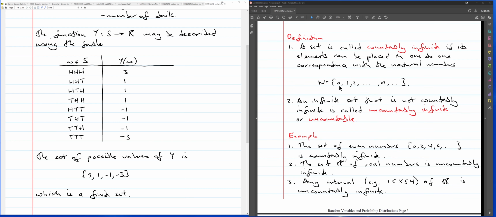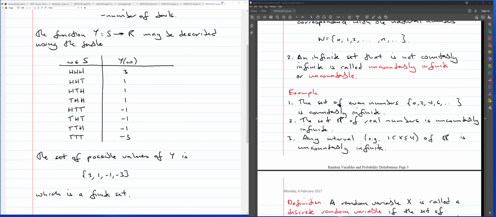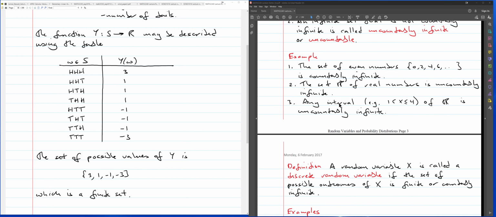Countably infinite means that you more or less have a sequence of elements in your set, and uncountably infinite would mean that somewhere you have some sort of interval of real numbers. Similarly, the set of real numbers, which is just your long interval of real numbers, that also is uncountably infinite. Anyway, so the point about this is that a